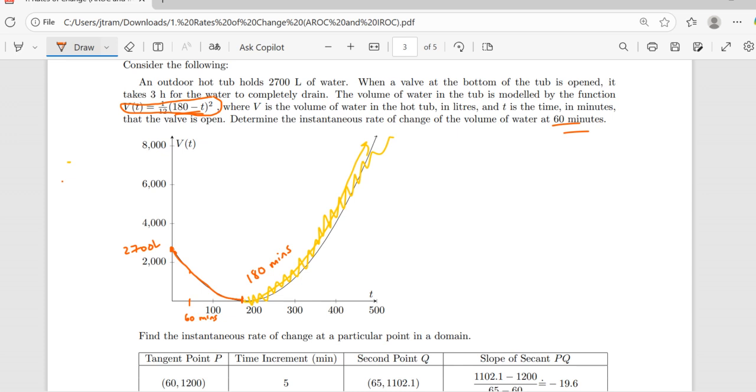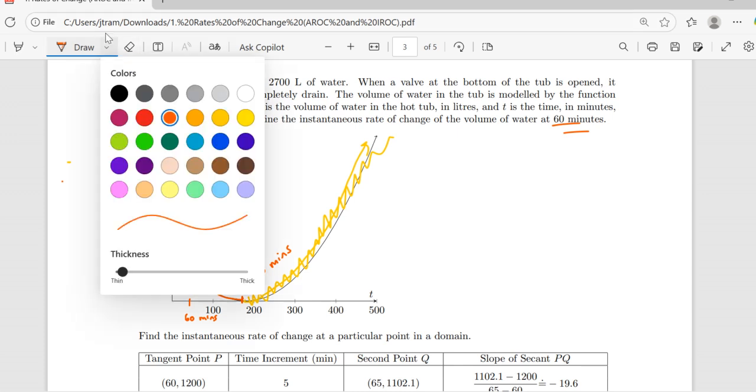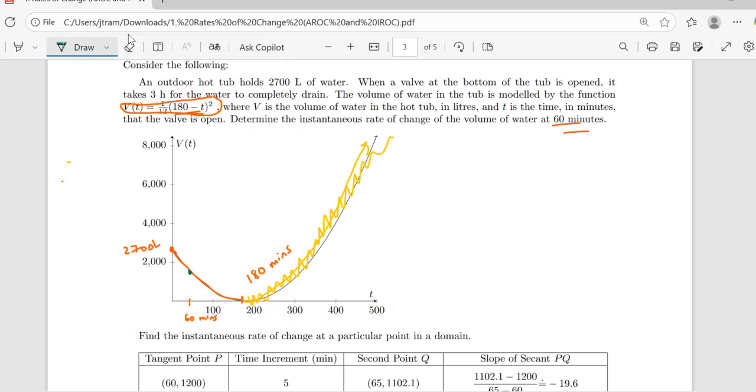Now we want to find the rate of change of the volume of water at exactly 60. We want to know, as the tub is emptying at 60 minutes, how fast is it draining? Just to give you an idea,